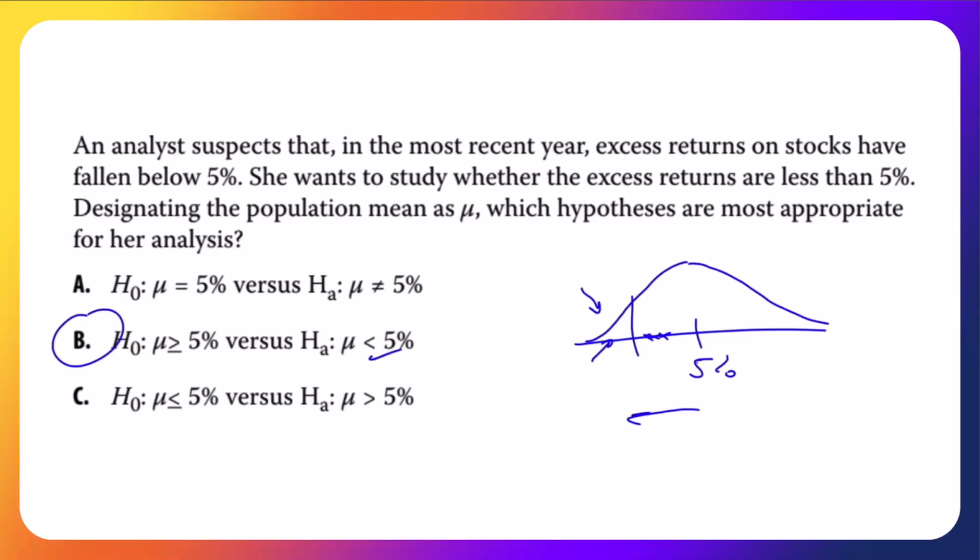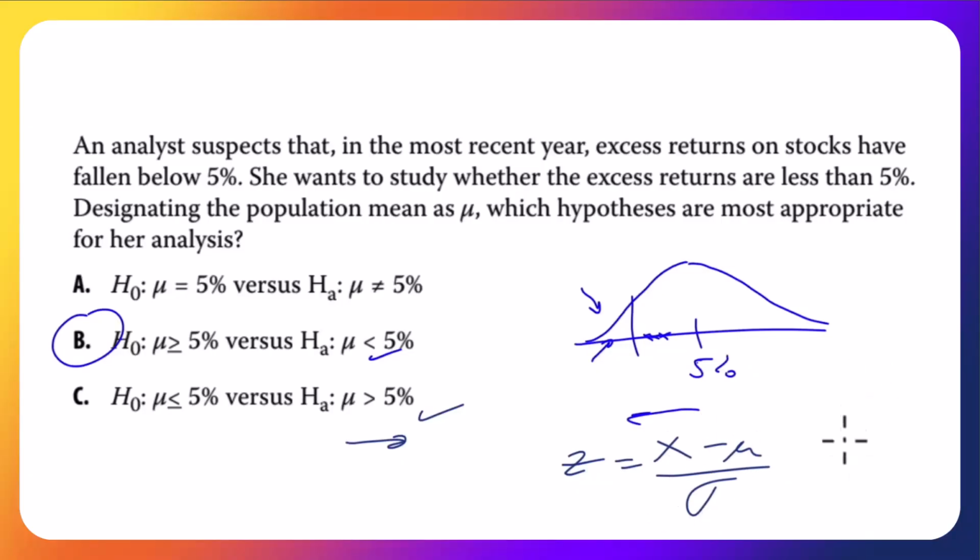The book says, or the reading says, no, it is C. But this is pointing to the right, and that is the incorrect area that we're testing, just so that you have an idea. If we're calculating a z-value equals some observed value minus the mean, and since we're using a population, we can just use a variance. If it were below 5% and it were significant, we would expect x would have to